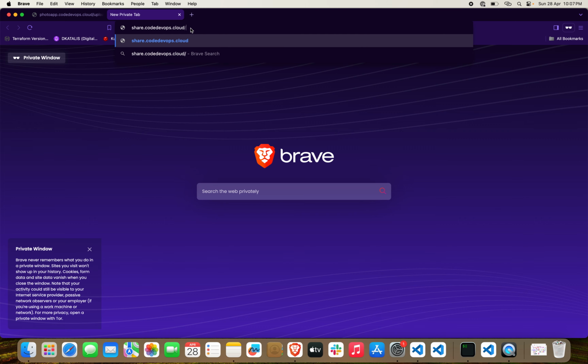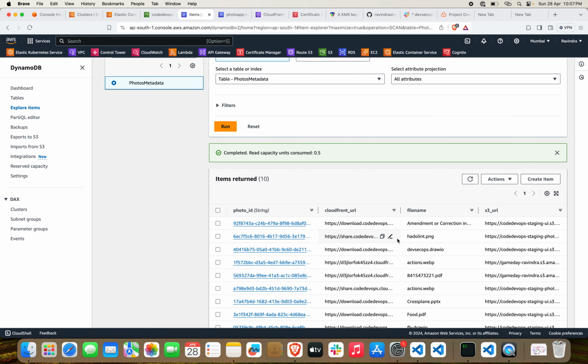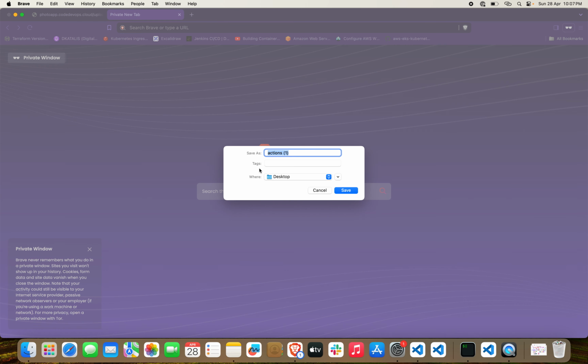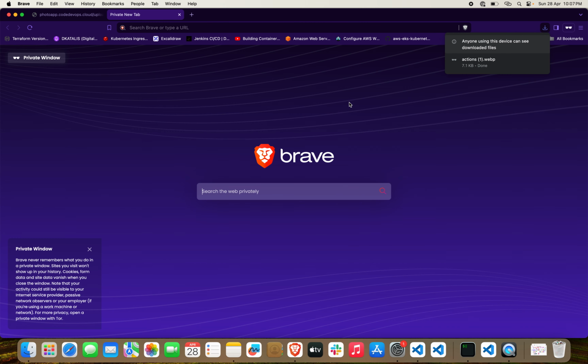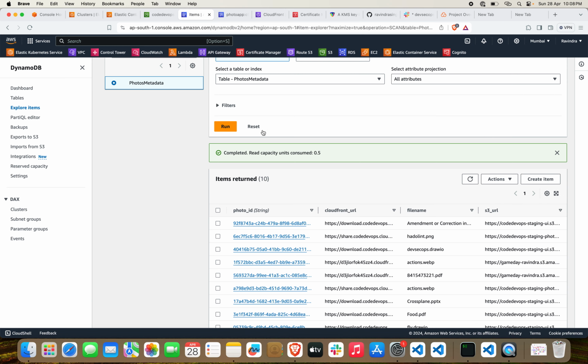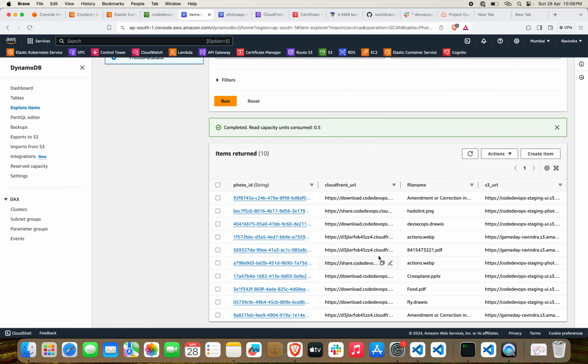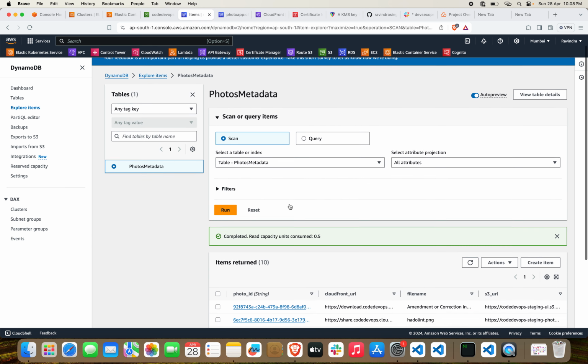Share webpack, and our file name was .webp. You can see that it will prompt you to download the image, and you can see that the image has been successfully downloaded. So you can see that this is the DynamoDB,